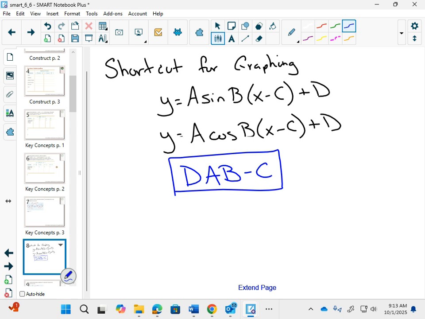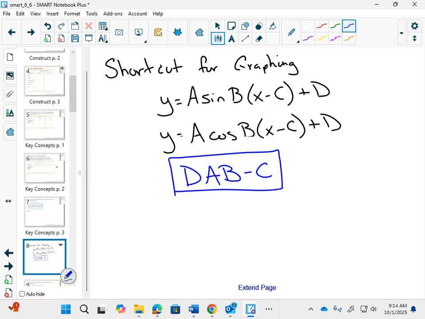So we're going to be able to do a shortcut and start with that D value. Then use your A value, your amplitude, to find your max and min. Use your B value to find your period and mark it and divide it into 4 equal sections. The dash is part of the strategy. It's not just because DAB doesn't sound as good, DABC sounds better. It's not because of that. The dash will actually draw the graph with the dotted line before the shift and then add the shift after